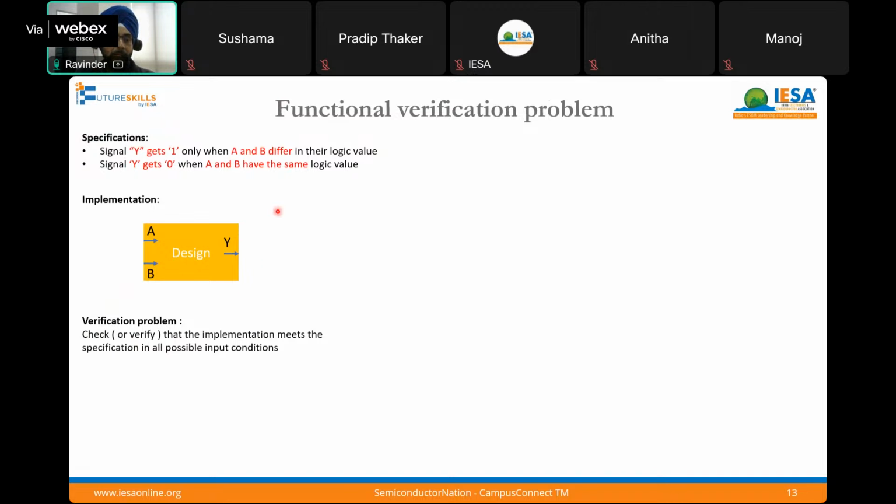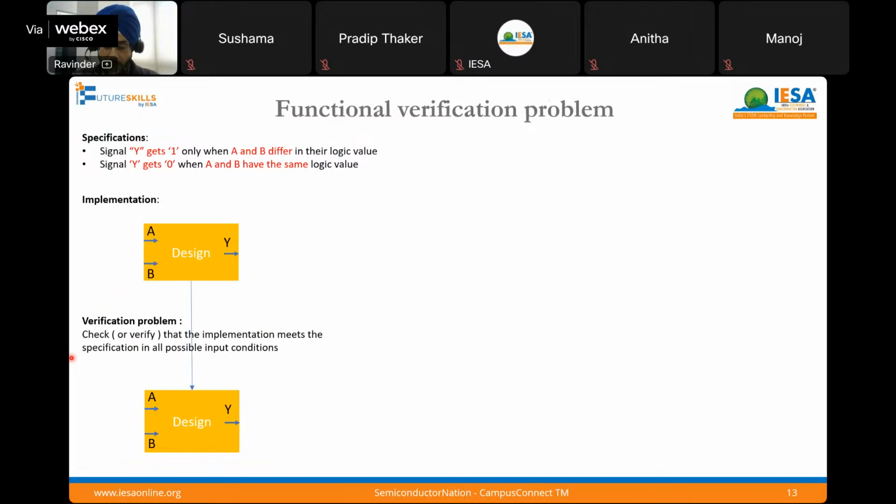Verification is done with respect to the specification, irrespective of how the design has actually been implemented. It could be implemented using an XOR gate or AND-OR gates or any other implementation. But to the verification team, it has to meet the specification. So, following a logical approach,